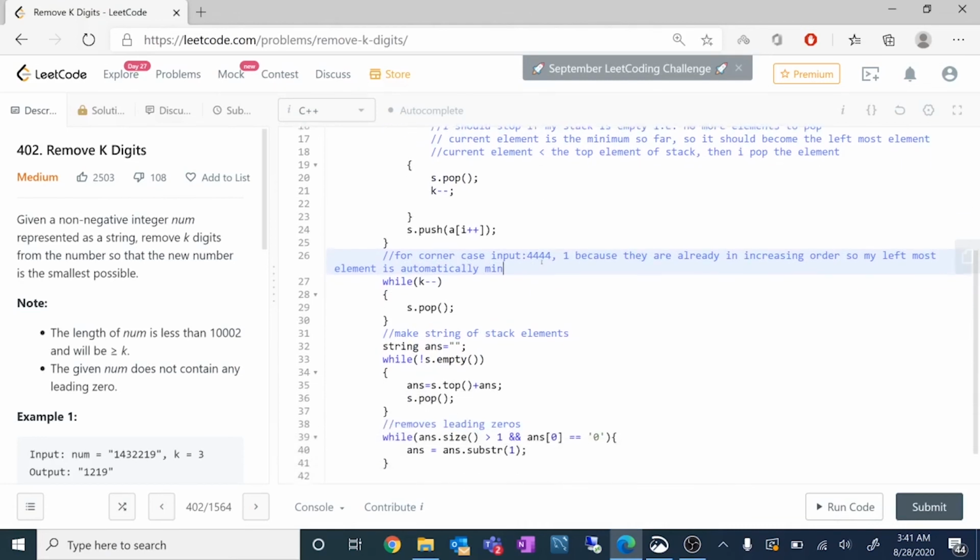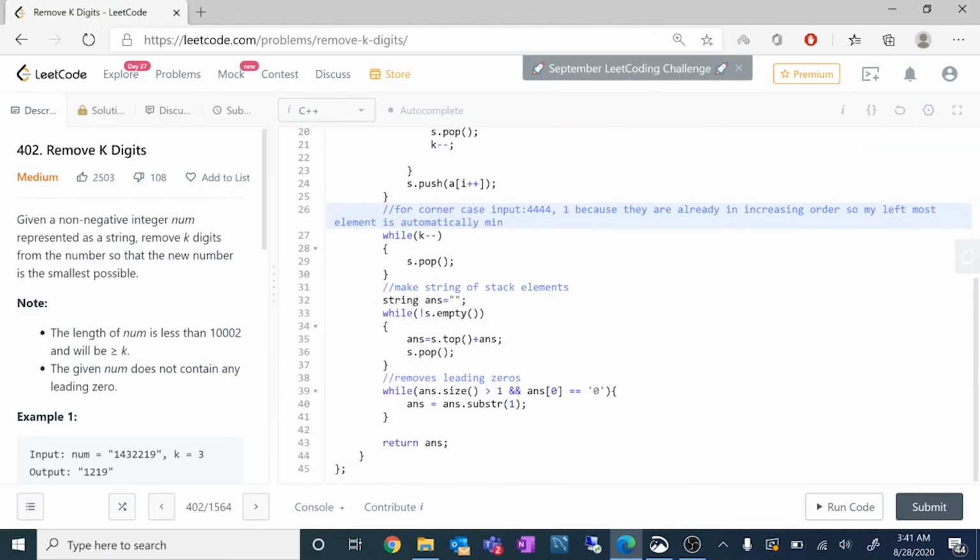All right. And finally, I take the string and push the elements of the stack into it. As you can see here, while the stack is not empty, I take the element at top and put it behind, so it is putting them in reverse order. It is appending to my answer from the top, then I pop these elements off the stack, and finally I return my answer.